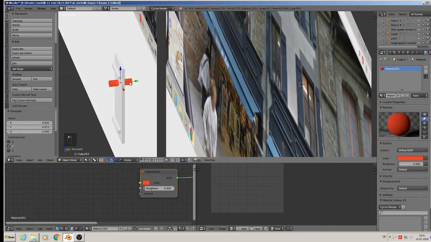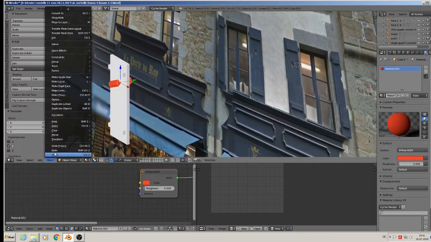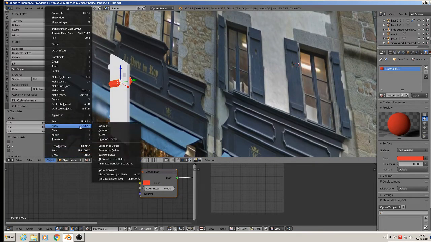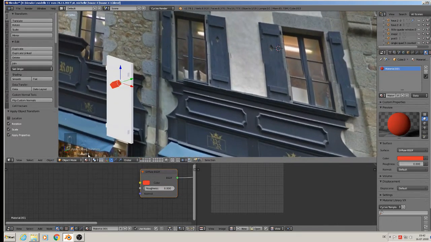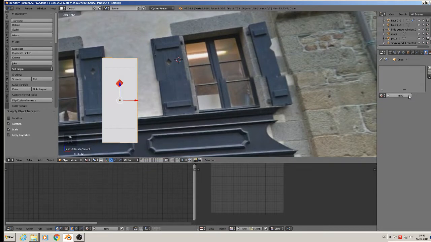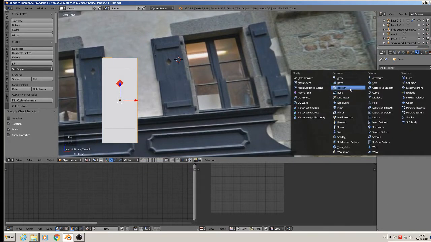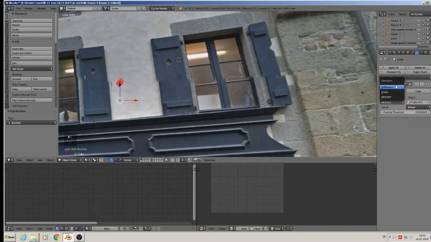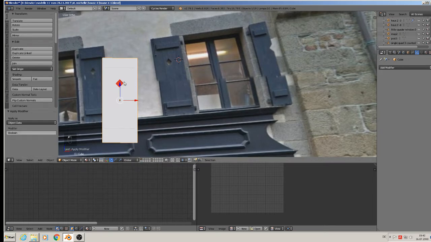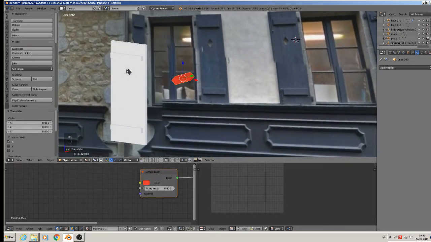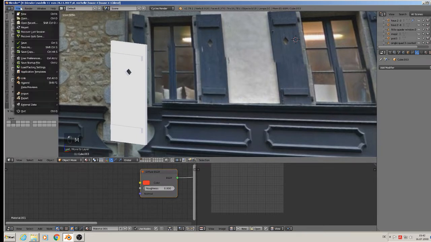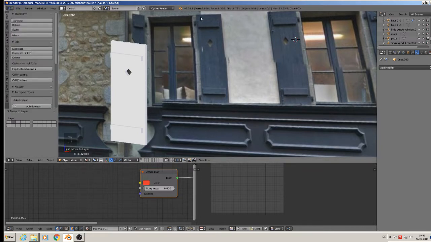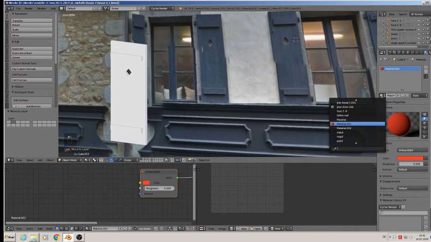Then we bring it more in front, so that we cut through. Then file, apply rotation scale of it. The name is cube 03, so we take here the boolean and want cube 03, but the difference of it, and apply. So we have that hole in, that's all correct, so we can move that to the second layer, we don't need it anymore. And we need here that color from the other one, that is this blue wood, I think